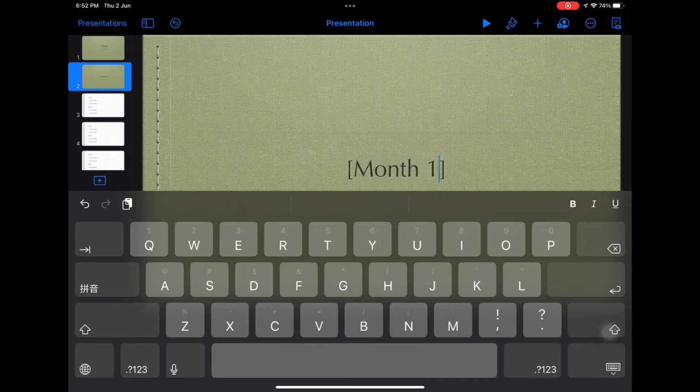Now we're going to create the template for every type of months that happened in a year.